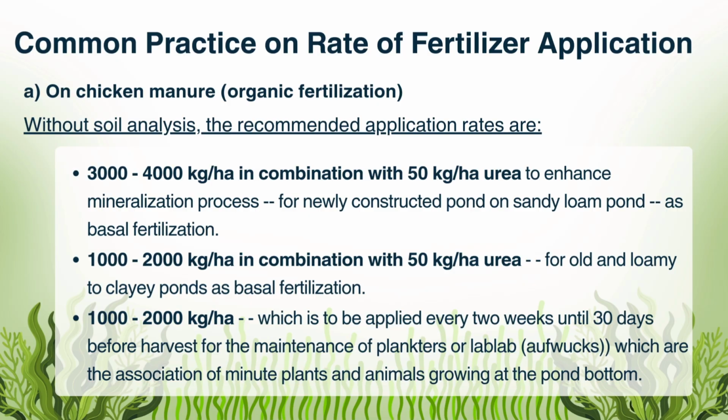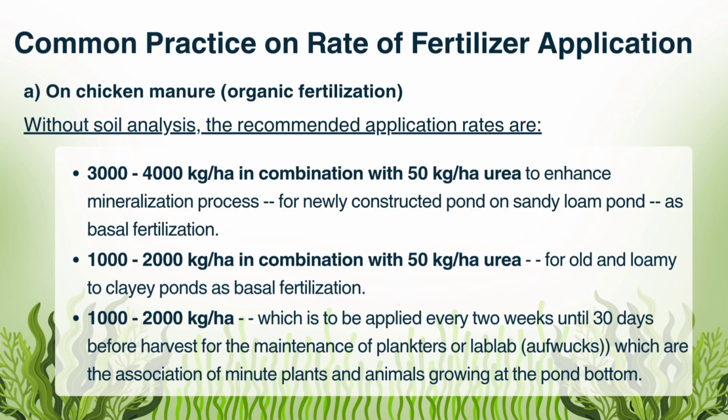For older ponds naman with loamy and clayey soils, a lower rate of 1,000 to 2,000 kilograms per hectare with 50 kilograms per hectare urea is sufficient because these ponds already contain more accumulated organic matter. Lastly, the 1,000 to 2,000 kilograms per hectare rate may also be applied every 2 weeks, stopping 30 days before harvest to maintain plankton, which supports fish growth. So overall, the purpose of these application rates is to ensure that adequate natural food production in the pond for